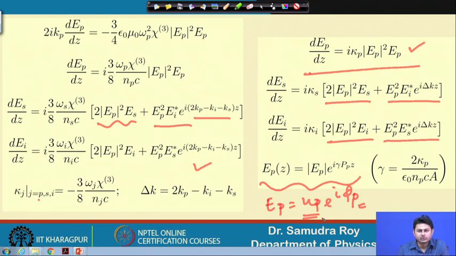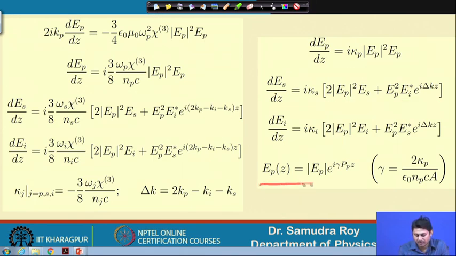We will find the amplitude is not going to change, but there is a change in phase, and if we put this together, then we will have a solution as shown here. So, this will be our solution for EP. Now, once we have the solution of our EP, you can see it is not going to evolve